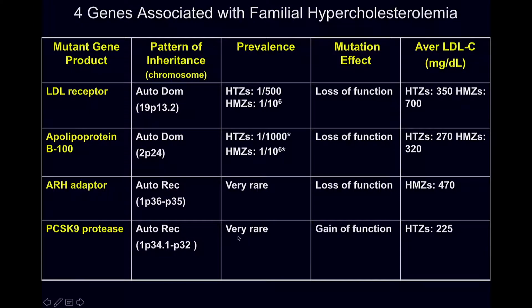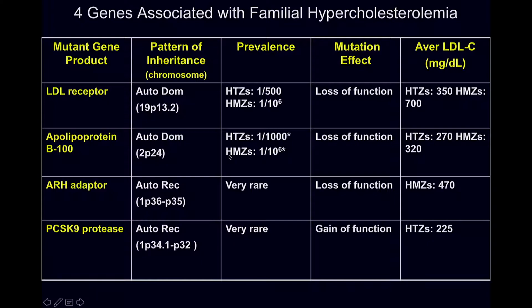In terms of FH, there are 4 different genes that can show up in a phenotype that looks like familial hypercholesterolemia, and those are listed here. The most common being LDL receptor, but defects in ApoB100 particle, this ARH adapter, and PCSK9 are very rare, and I'll return to these, but these show up in very similar kinds of patterns with elevated LDL levels and increased